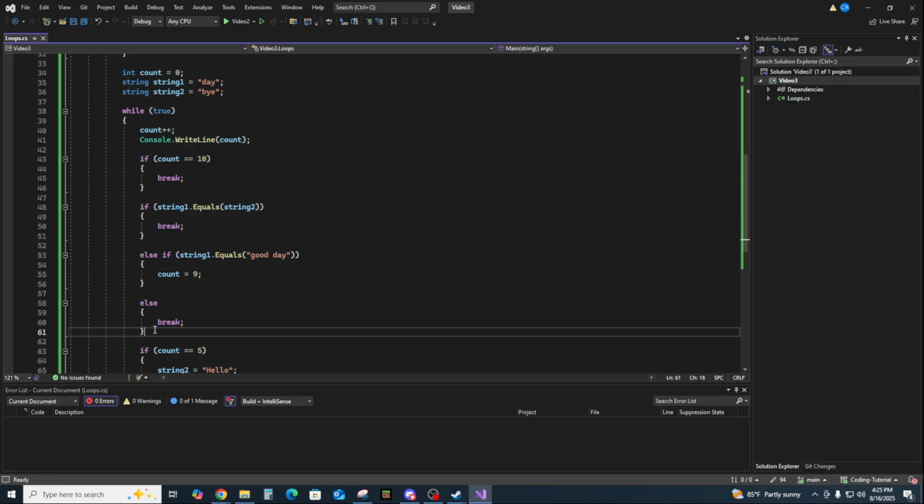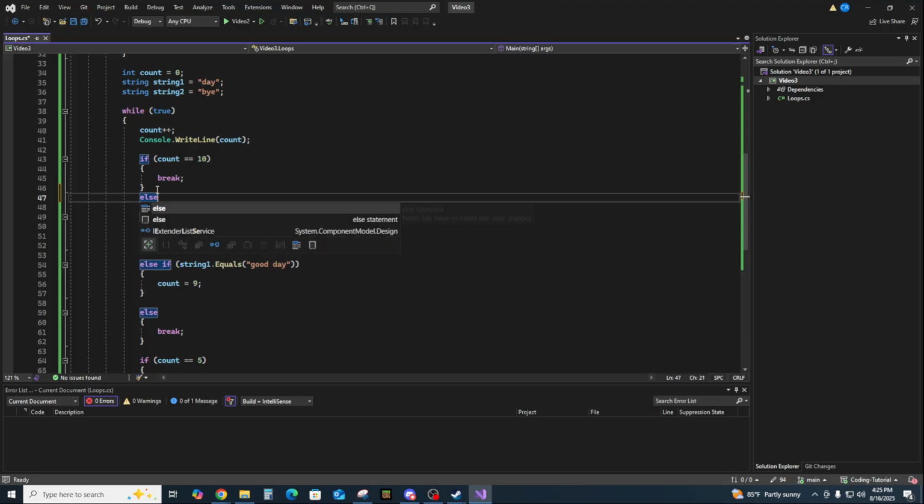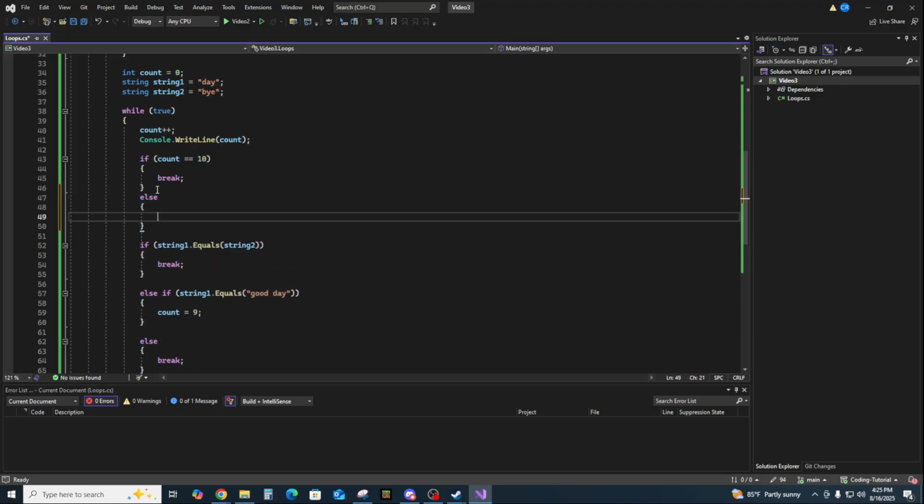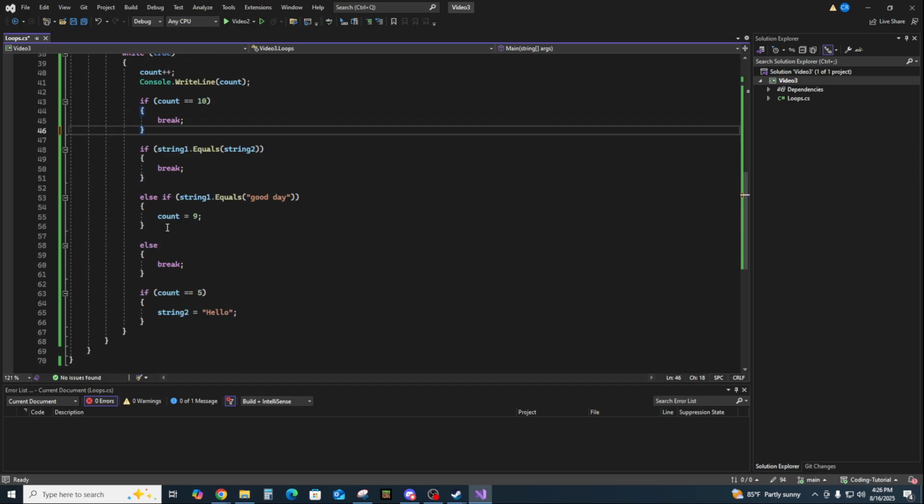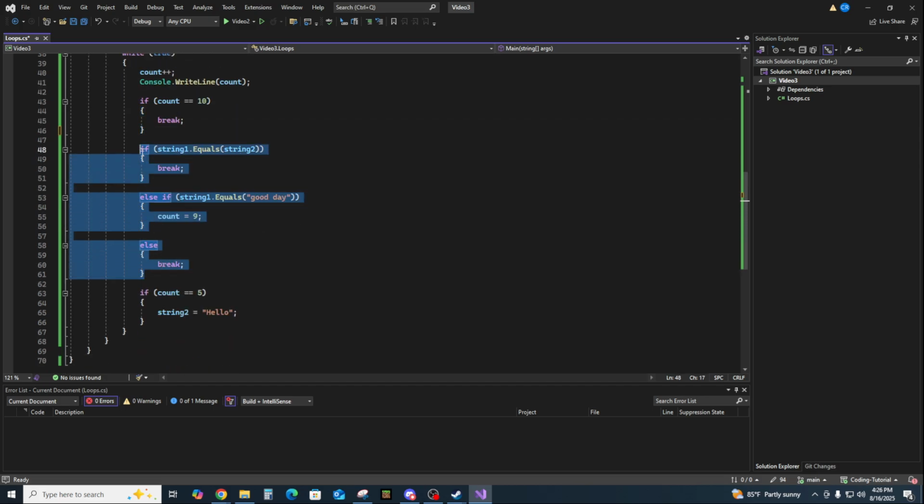So this is all one set of if statements. This is if we added an else up here, then if this if statement doesn't run, then this else will catch it. So it's all a matter of where you put them, and you need to have an if in order to have an else if or an else. They always are a set package, and if you want them to follow a general flow, it has to be